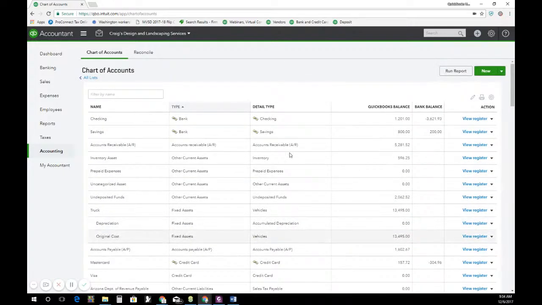So this one, obviously, they've been in business for a little while, so they have a lot of accounts going on. Up here are their bank accounts. When you add your bank account, it'll show up here. They've added theirs in the bank feed, it looks like, and that's why you see this little arrow here. If you want to create a new bank account, you just come up to this area here,